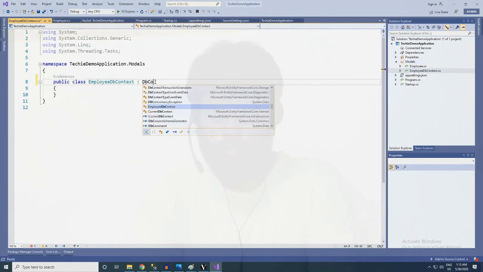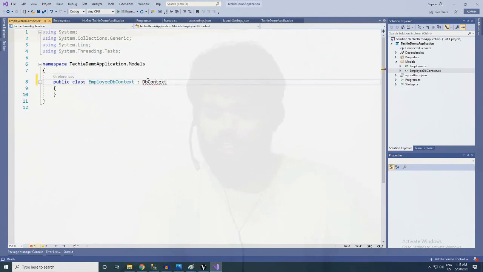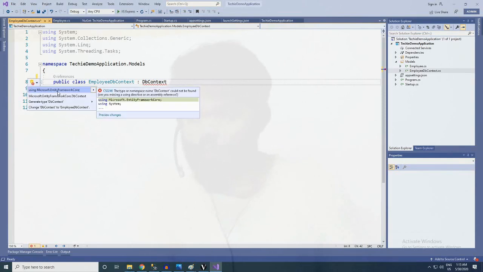So inherit with db context. So if it gives you error, what you need to do is click on that, and for this shortcut is control dot. So you need to use using Microsoft Entity Framework Core. Click on this.